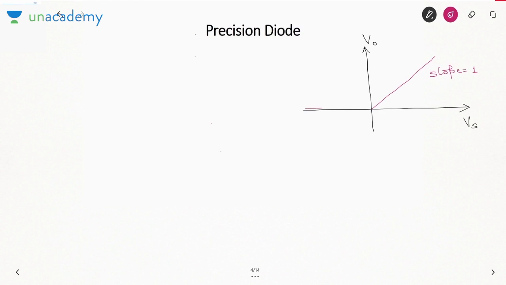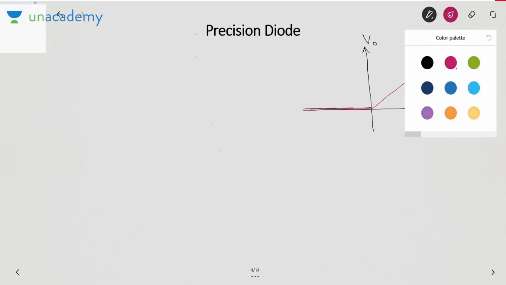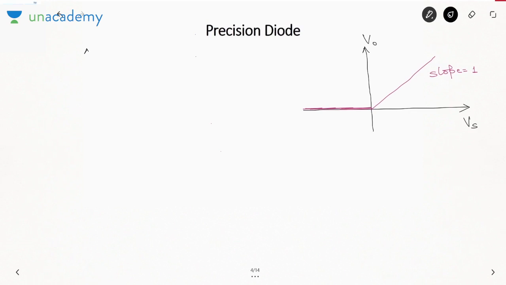And when Vs is negative, the output is 0. So it is kind of a half wave rectifier, because in the positive cycle it is giving output same as input, and in the negative cycle the output comes out to be 0. So if you take the graph against time,